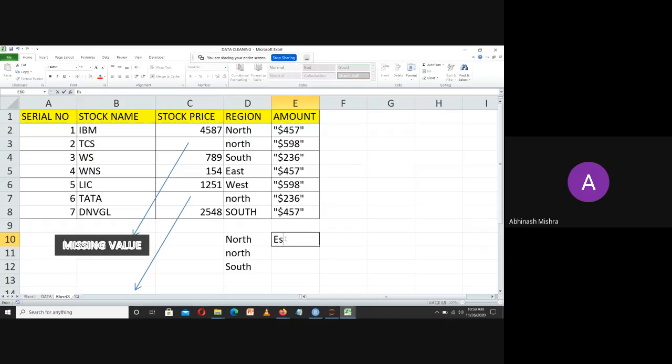Then they will say there is a region called East. Then there is a region called West. Then they have a South, and now another South variant. Okay, fine. Now you will see that there are six categories within this one region column. What amount of categories has been provided by the data operator? Six. But on the actual ground, for the regions the company is looking at, we have only four varieties: East, North, South, or West.